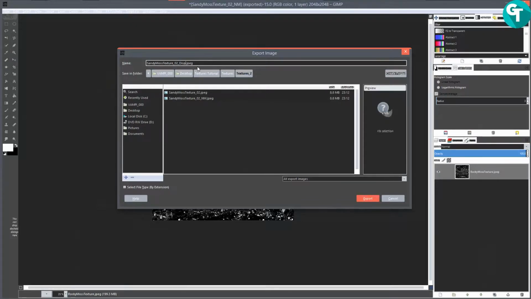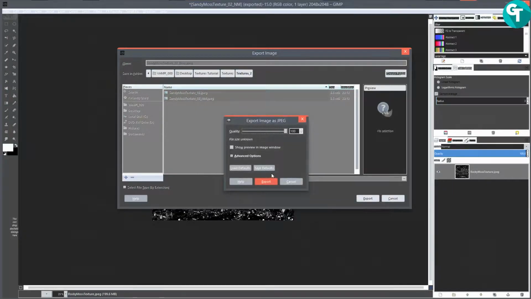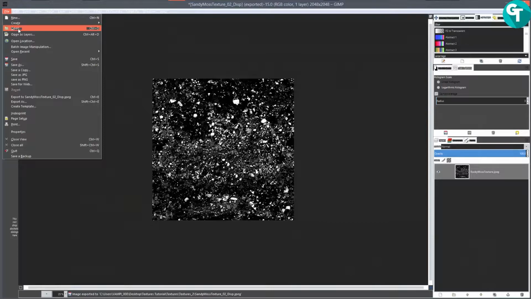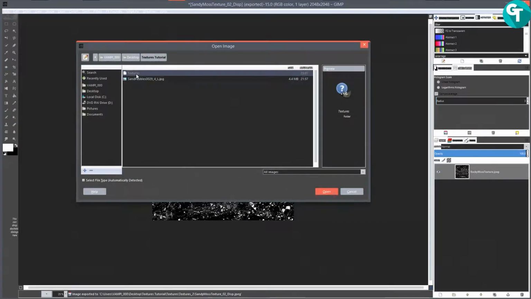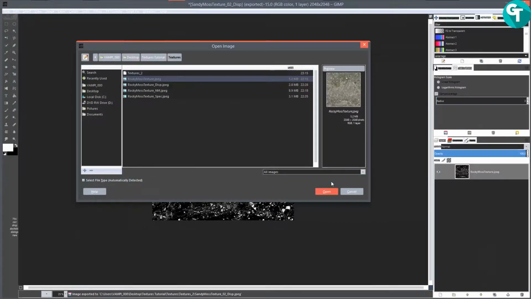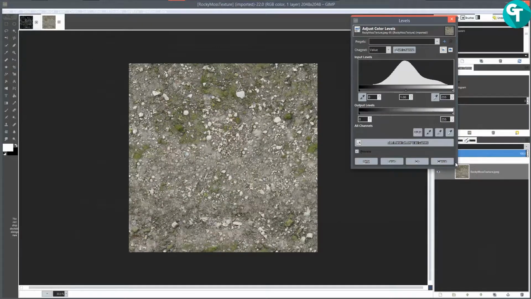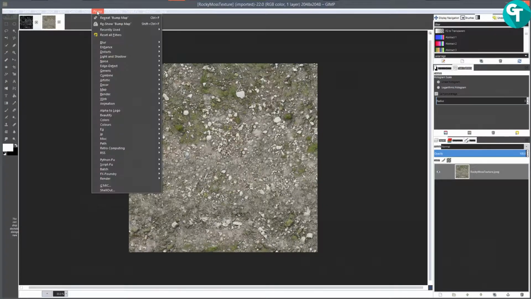And we're going to use this one map for the displacement and for the bump. So let's see, textures 2. I'm going to go ahead and export that there. And I'm going to go to File, Open, and open that back up. And the next thing we're going to do is pretty much the same process,